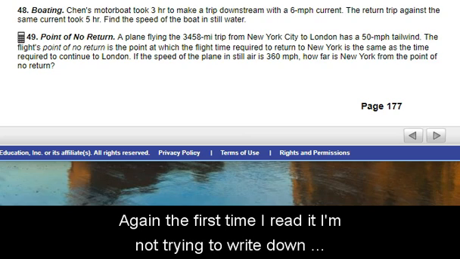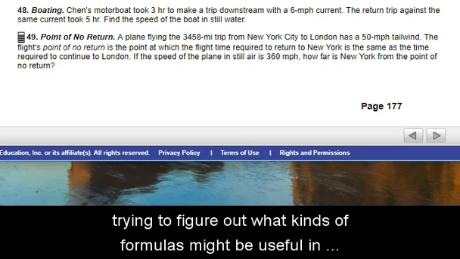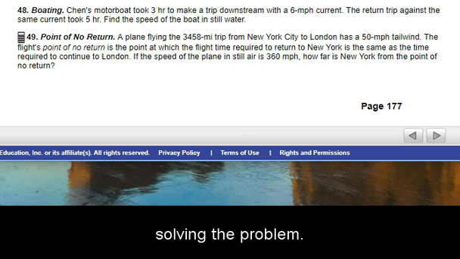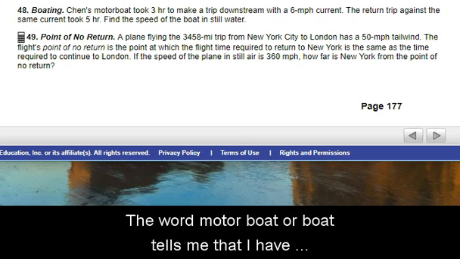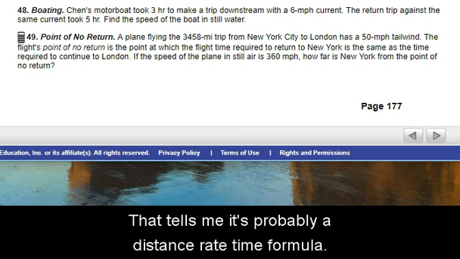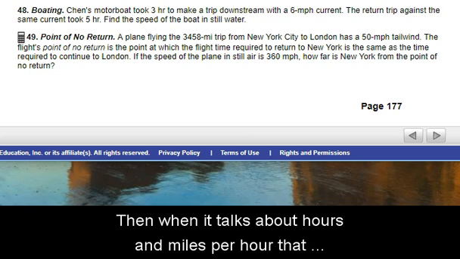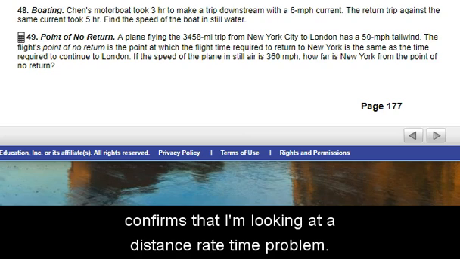Again, the first time I read it, I'm not trying to write down the information. I'm not trying to remember anything. I'm just trying to figure out what kinds of formulas might be useful in solving the problem. The word motorboat or boat tells me that I have something traveling. That tells me it's probably a distance, rate, time formula. Then when it talks about hours and miles per hour, that confirms that I'm looking at a distance, rate, time